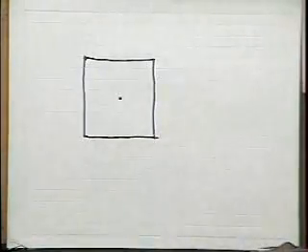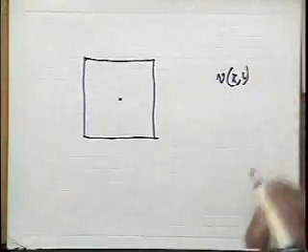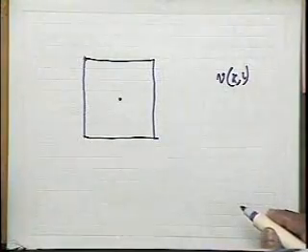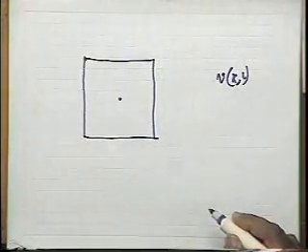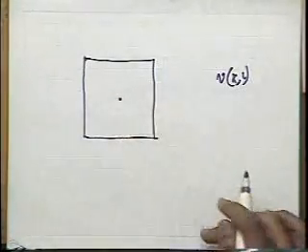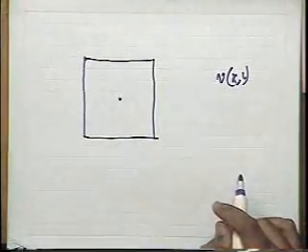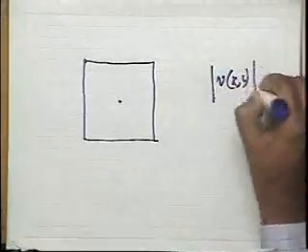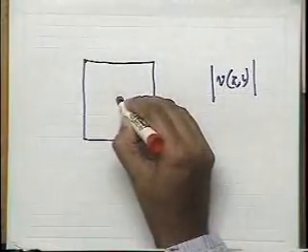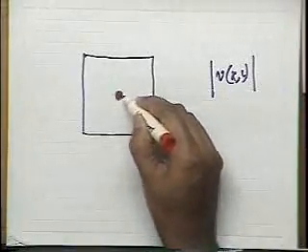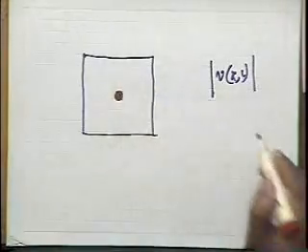Now around the central point, supposing we are plotting the values of various VKLs, that means to say the transform coefficients. Usually it is found that the transform coefficients near the center have quite high values as compared to the transform coefficients in the rest of the places. So if you take the magnitude of VKLs, and the high magnitudes you scale down to 255, the scale of the maximum intensity, and you try to represent the image, you will find that only a small zone centered around this central pixel will have some high intensity values. Whatever I am showing with red indicates the high values of transform coefficients,